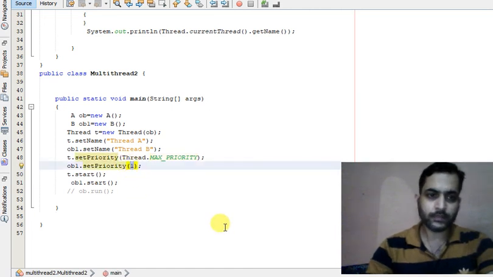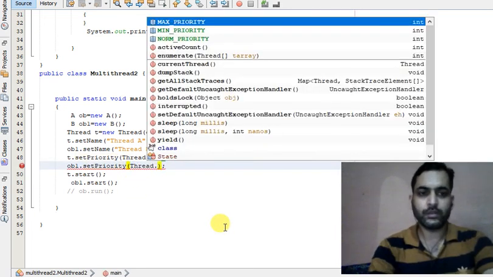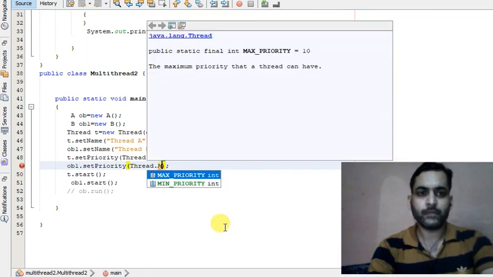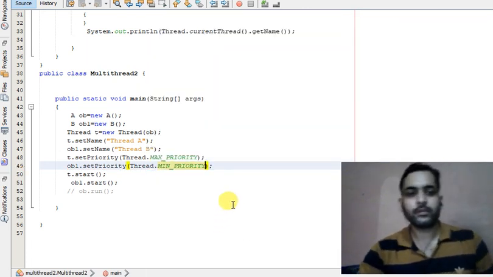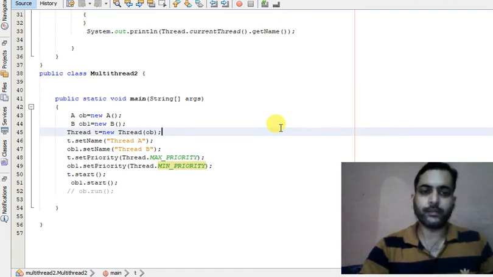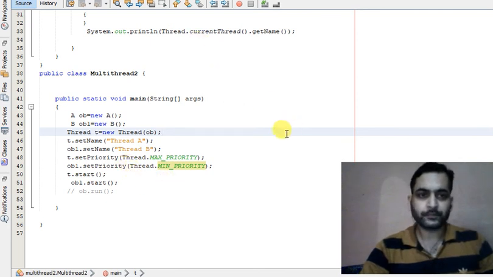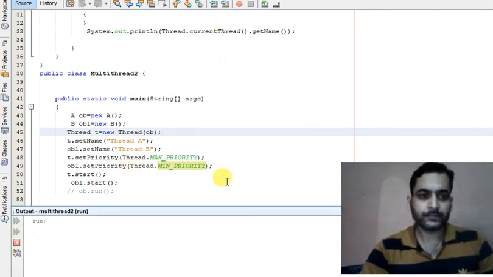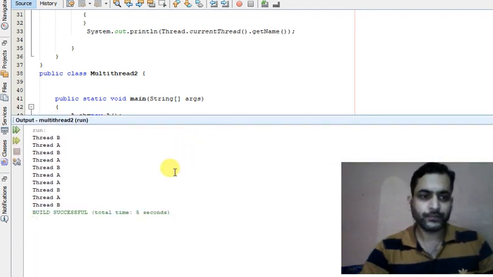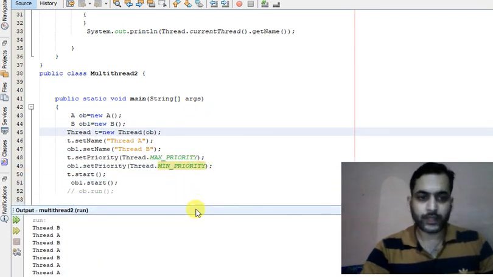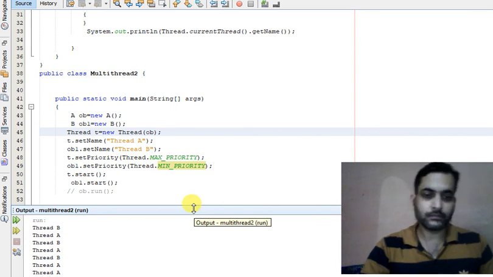And likewise we can set thread dot min priority. So if you don't like numbers, you can set the priority like this also, and again the output is same. So we cannot actually predict the output in case of multi-threading programming, and it may vary in different runs.